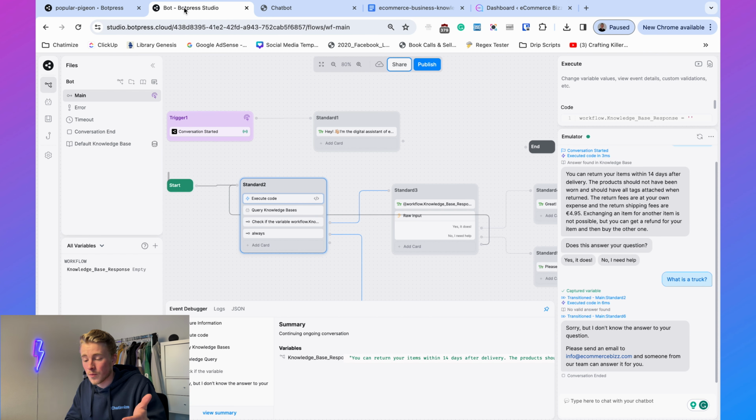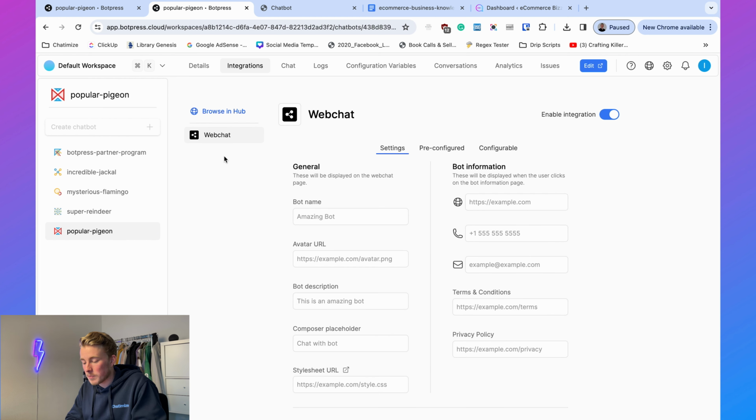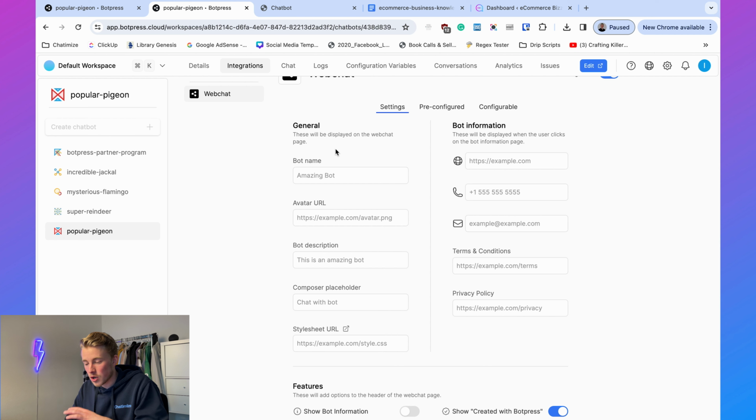And in order to do that, we need to go back to the Botpress Studio and then click on the Botpress logo and click on back to dashboard. And then you need to select your chatbot and then click on integrations. And then here we have the web chat. So here you can fill in information about your bot. So for example, I will just call this e-commerce biz. You can also add an avatar URL. So I will just leave this